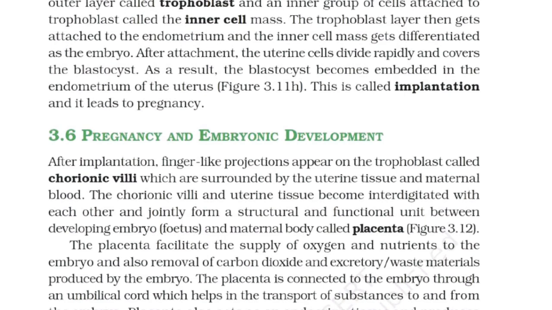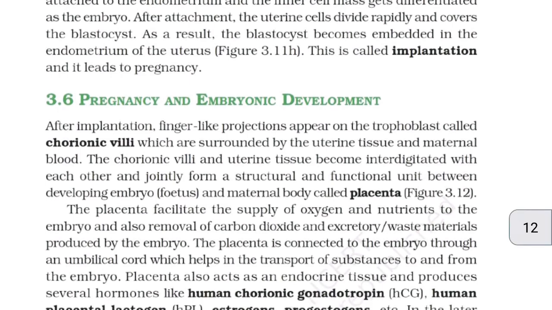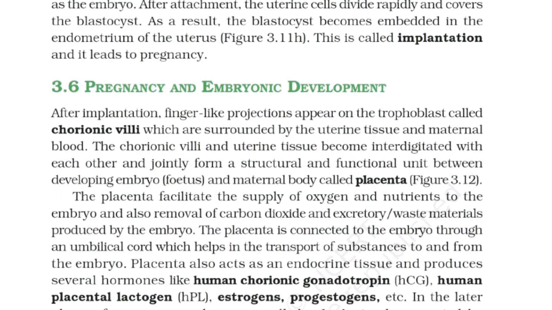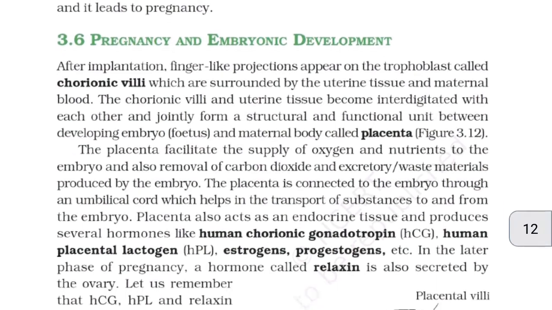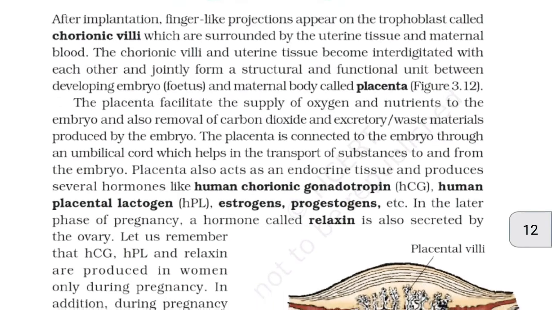After attachment, the uterine cells divide rapidly and cover the blastocyst. As a result, the blastocyst becomes embedded in the endometrium of the uterus. This is called implantation and it leads to pregnancy and embryonic development. After implantation, finger-like projections appear on the trophoblast called chorionic villi, which are surrounded by the uterine